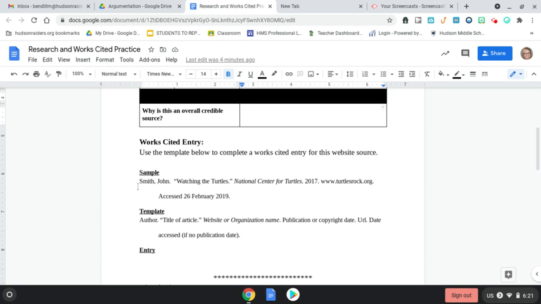So I've shown you a sample. You start with the author's name. Last name first, so the author would be John Smith, so you write it Smith, John, period. Then the title of the article, Watching the Turtles, period, with quotation marks because it's an article. Then the actual website that it came from, National Center for Turtles, period, and that's in italics. Then the publication date, which was 2017. And then the website,